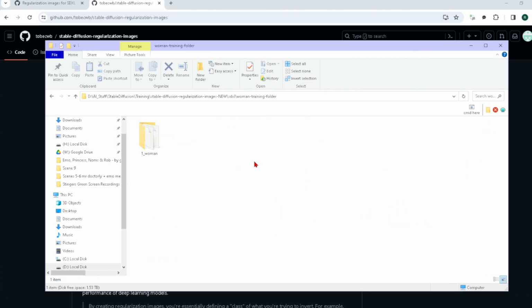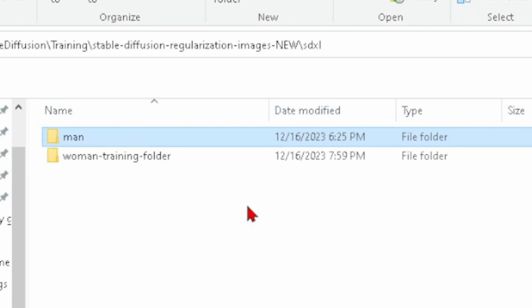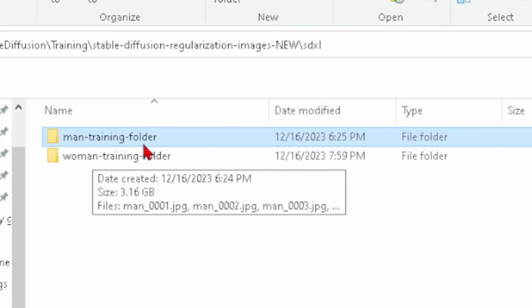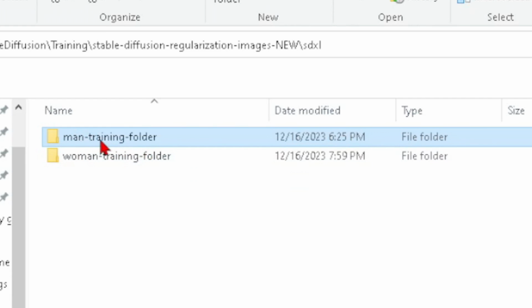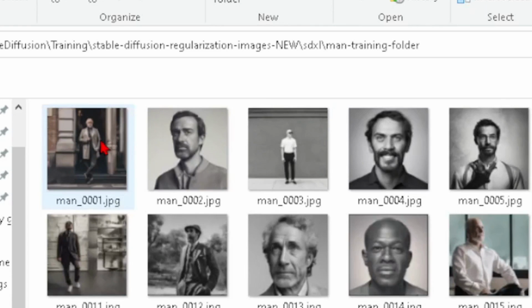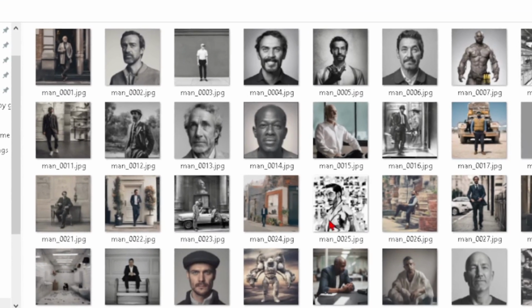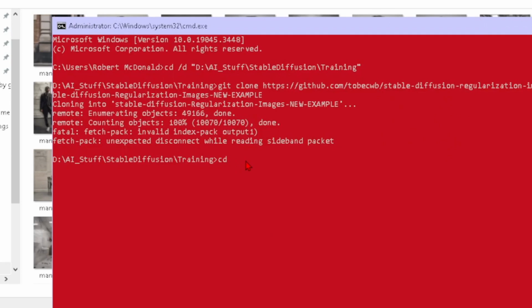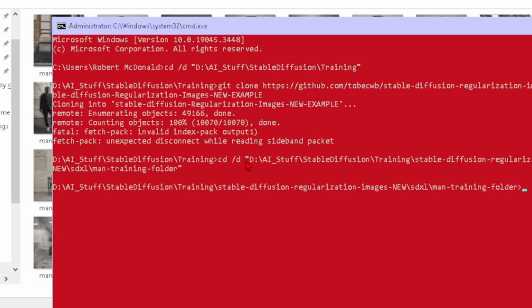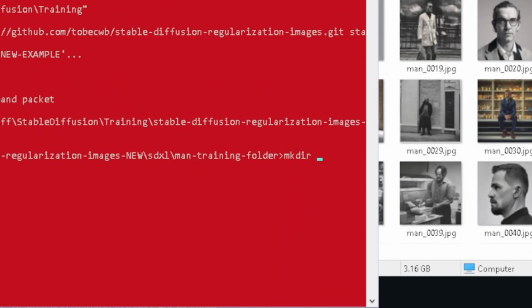Once you have the data, we're going to do it to the man data, because I've already done it to the woman training folder. Just hit F2 to rename it and then go to the end and hit dash training folder. The name of this particular folder doesn't matter except that I need to remember what's in there and what I've done in there. So open that folder up and then I'm going to change to this folder. CD /D space double quote paste double quote again, and then I'm going to type mkdir